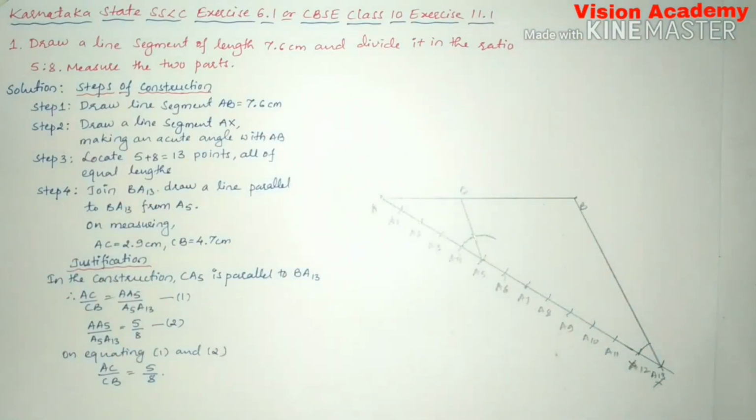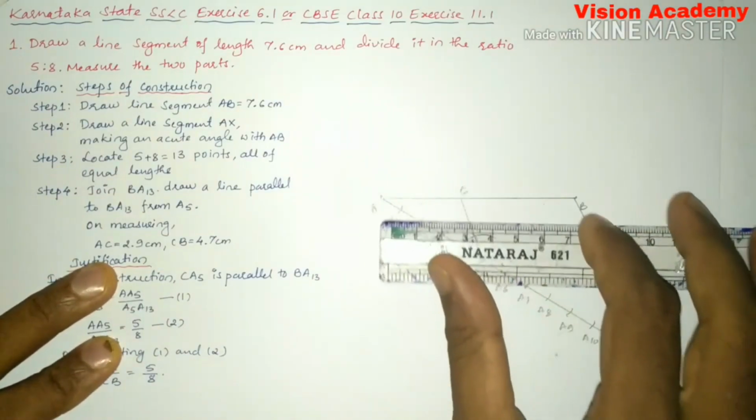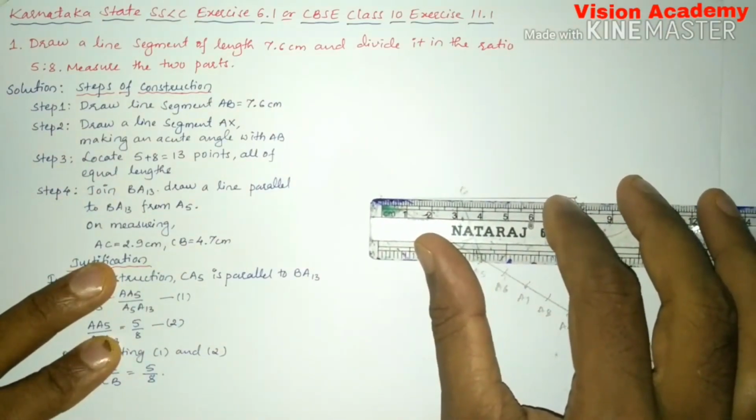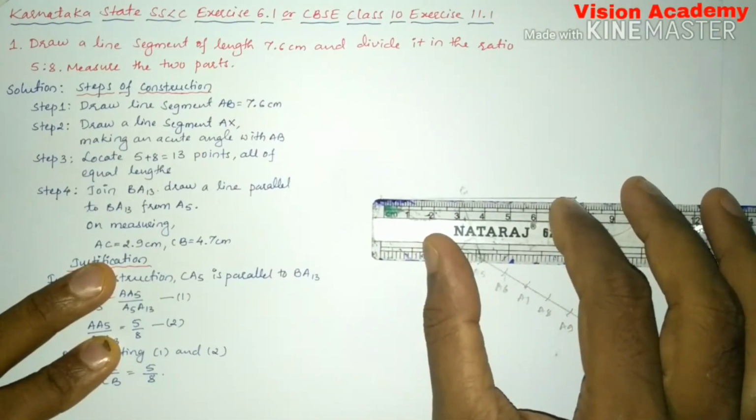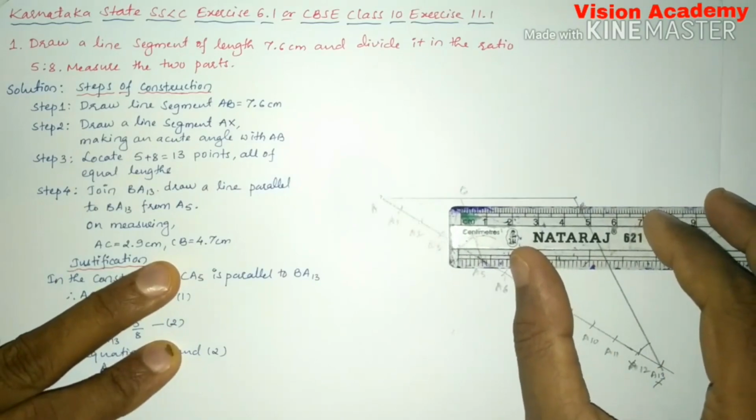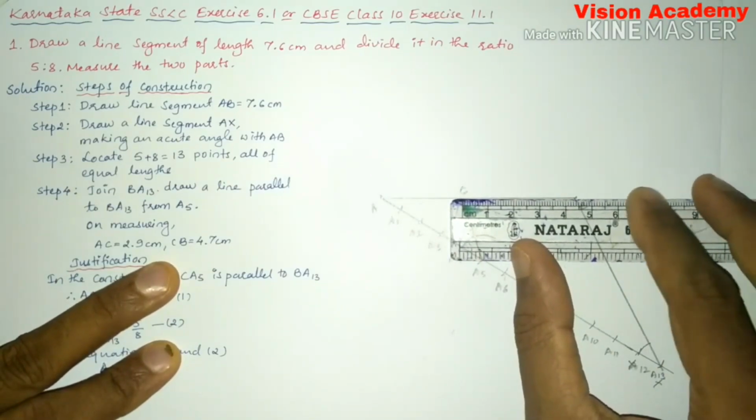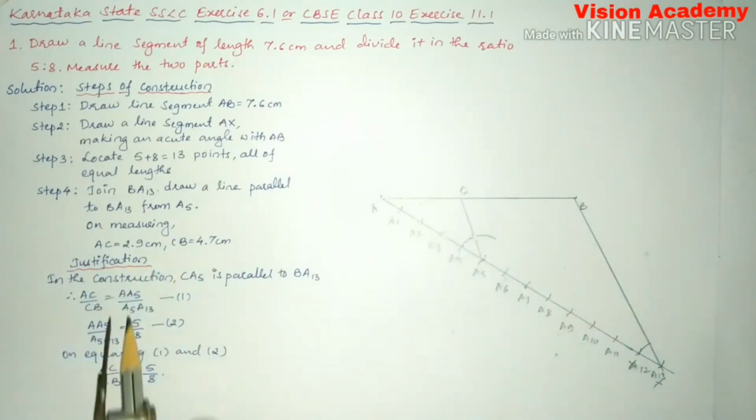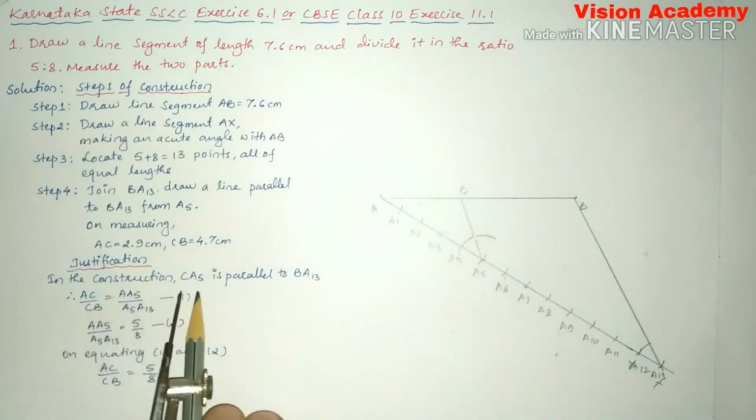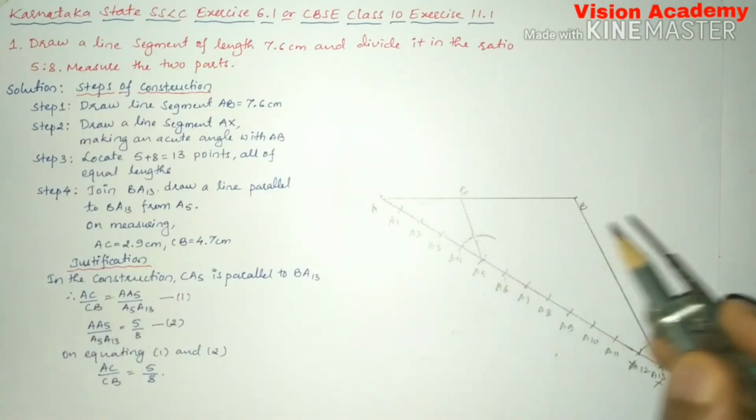Here you can measure AC is 2.9. You can see it is exactly 2.9. Next CB is 4.7. Yes, it is 4.7. Now justification. In the construction CA5 is parallel to